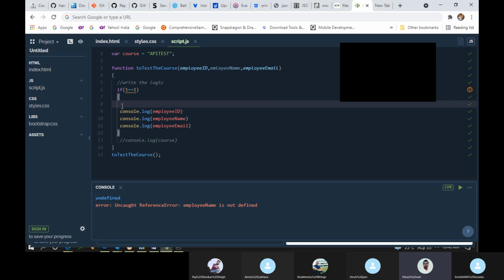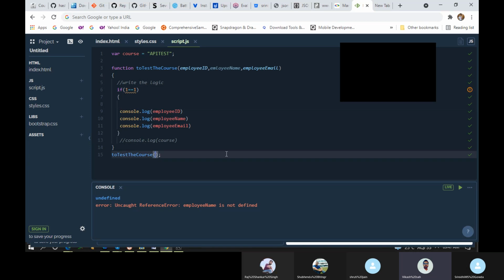Okay, fine. Now we'll try to understand: you have created one variable, and you have created one function. Inside the function you have declared three arguments. You have used an if condition, if one is equal to, that's great, and inside you have console dot log employee dot id, and you are using the same names, employee name, employee email. Okay, you are using the same thing here also. Now try to call,